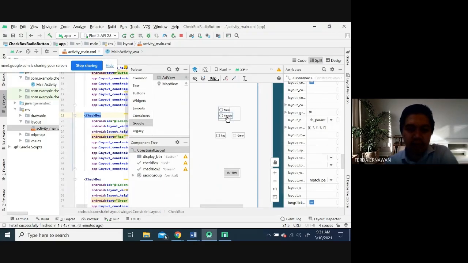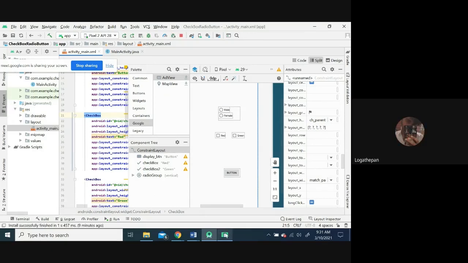If I check female, it pops up without the button function. Once I click male, pop up male; once I click female, pop up female. Clear? Yes, sir. Clear, sir.